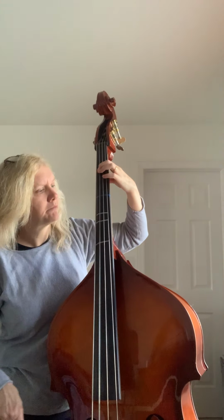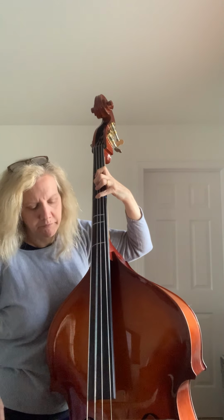D first, 1, 2, ready, 4 Ds. E, F sharp, G, way over to open A, B, C sharp, D,